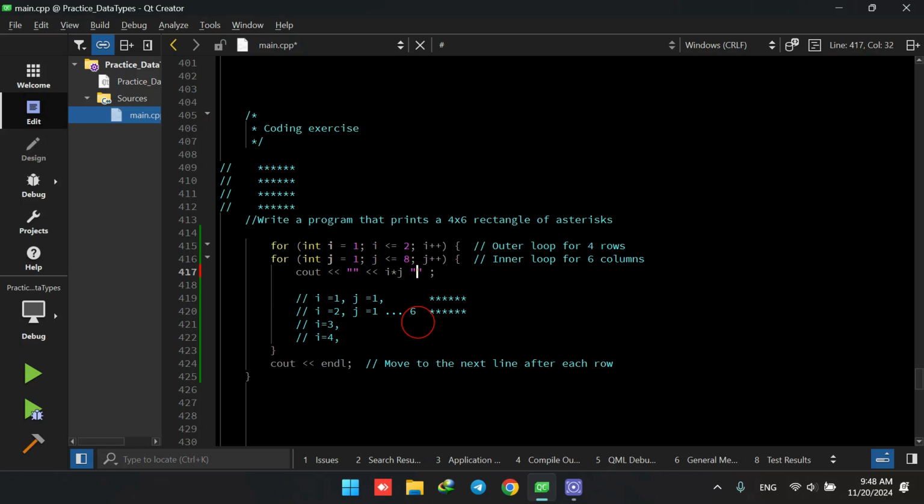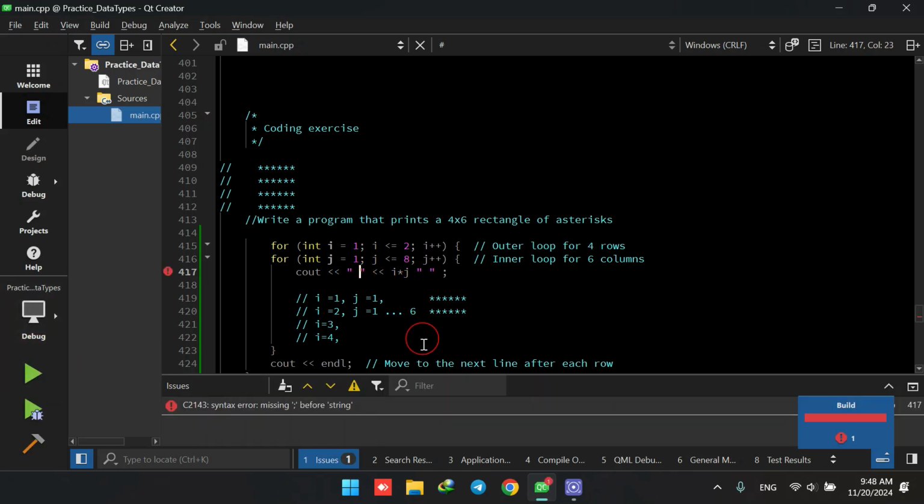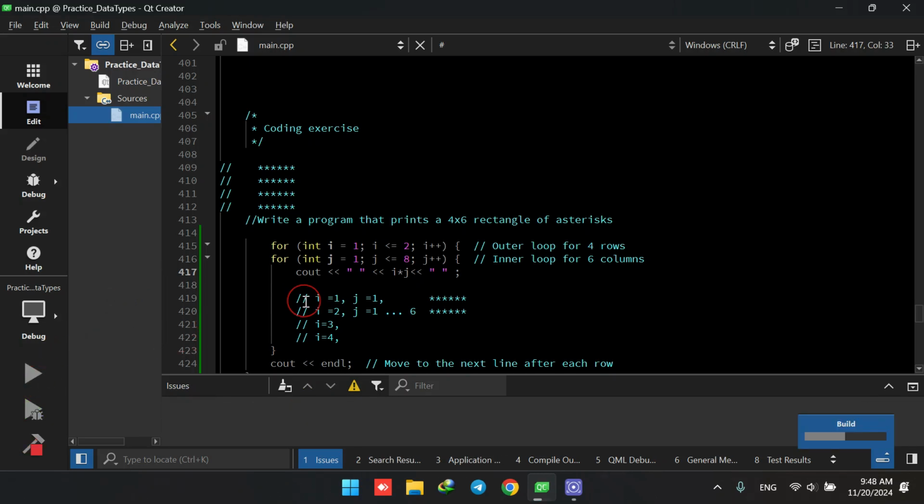So it depends on what we would like to print. So now it's going to give us the value of I times j every time. Oh, sorry, I need to put this sign here. I forgot. Okay. So when we compile now,